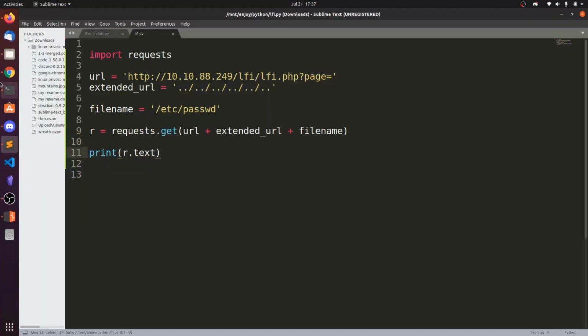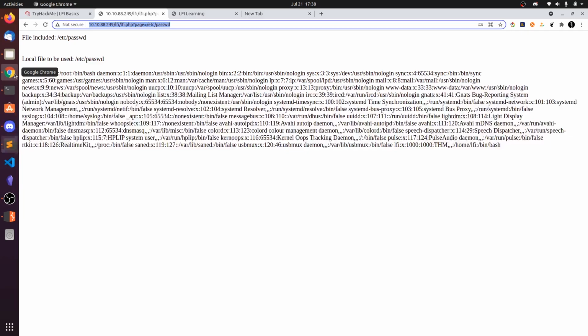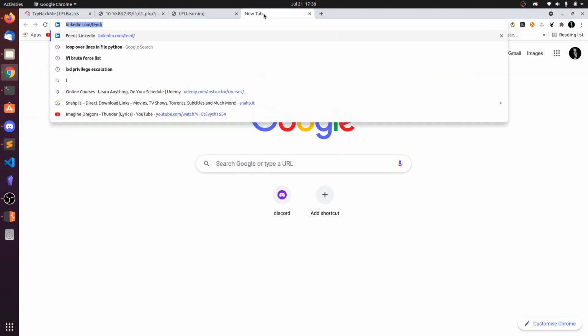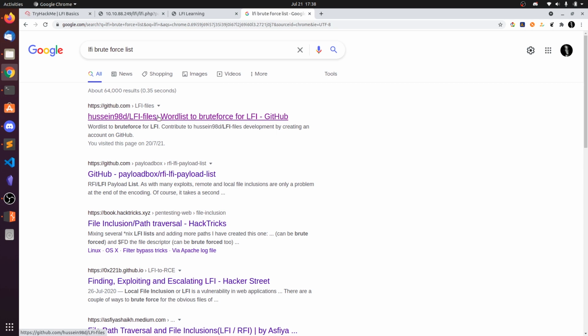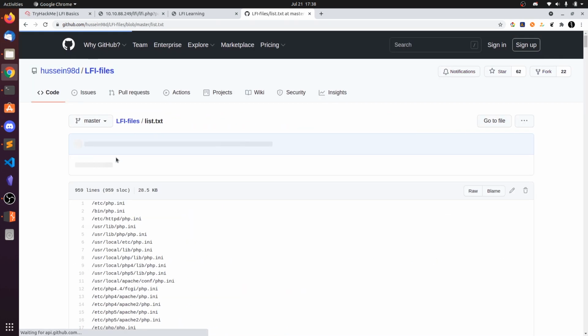So now what we want to do is brute force this point. We want to search for SSH private keys or any other configuration files. So now what we're going to do is search for an LFI brute force list. Go to this GitHub link, and there is a list.txt.